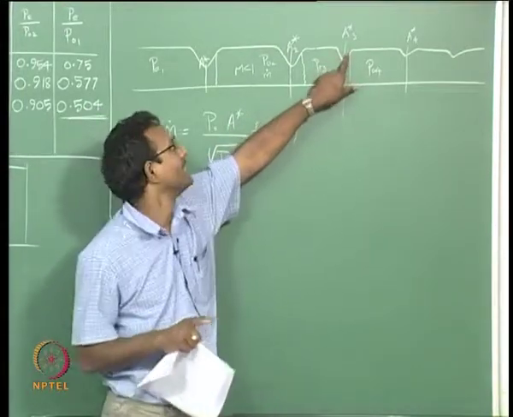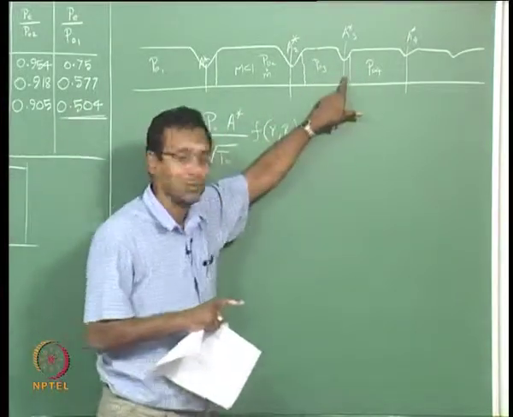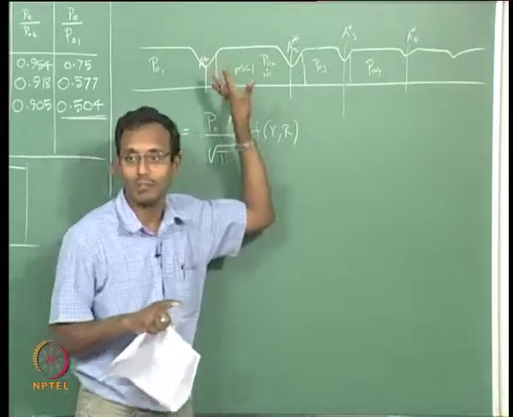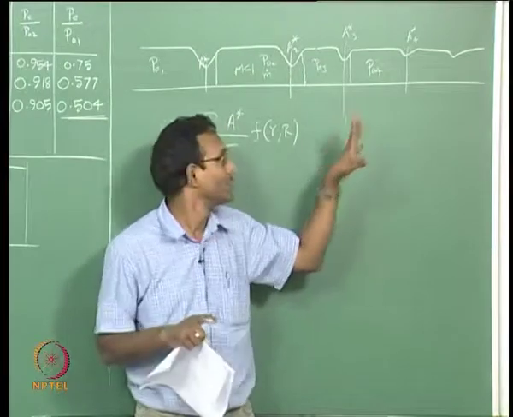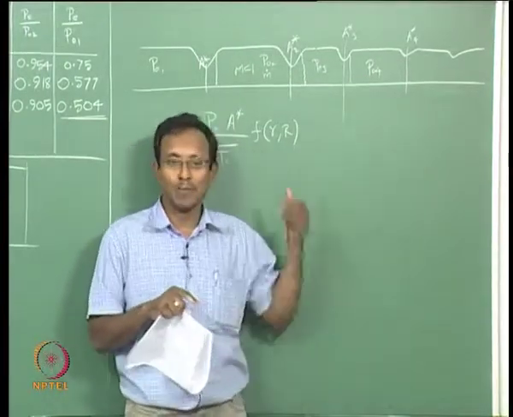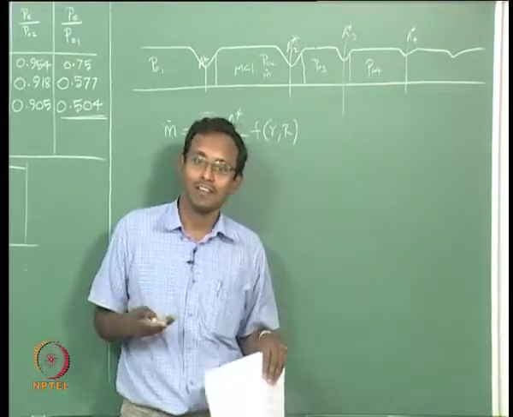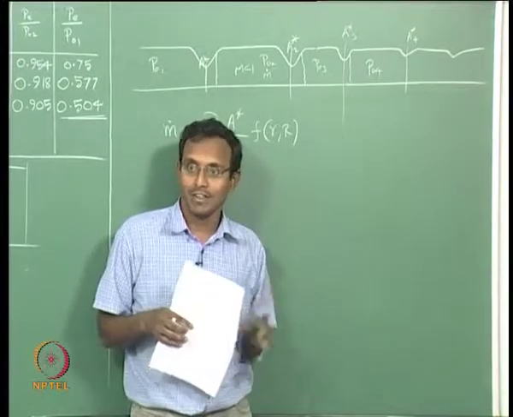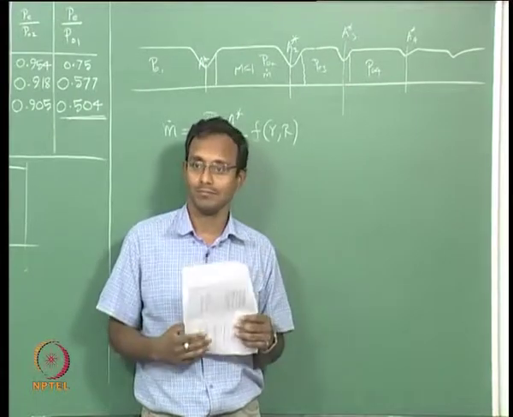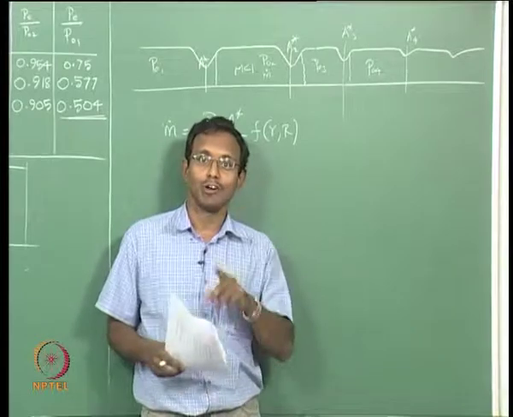If my A3 star is anything less than whatever value we get from here, then only that will be choked. This previous one will get unchoked, this one may still be choked, I do not know, that depends on the P naught value. So much dependent on P naught. Now I will give you a complicated exercise like this also, so that you can have a feel for this. In all this discussion, I have assumed that there is no friction in the duct. In real life, if there is friction in the duct, there will be P naught loss because of friction also,